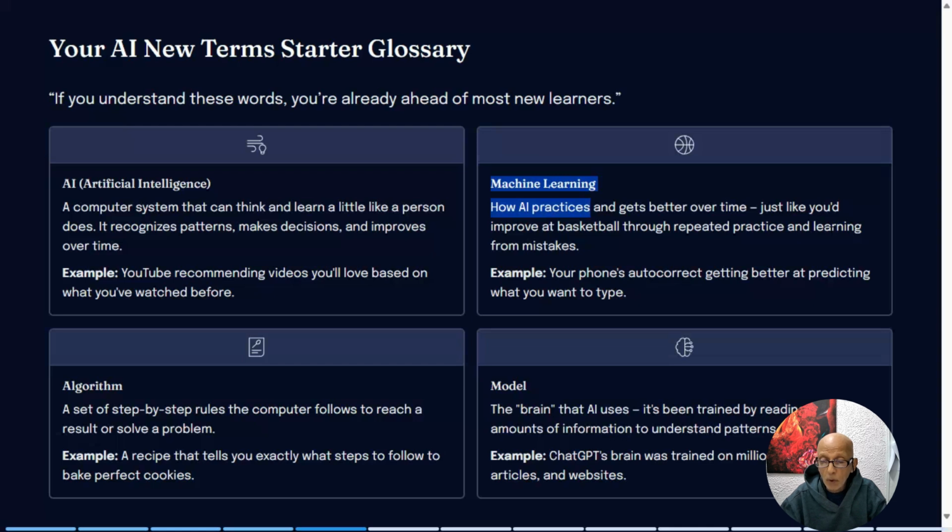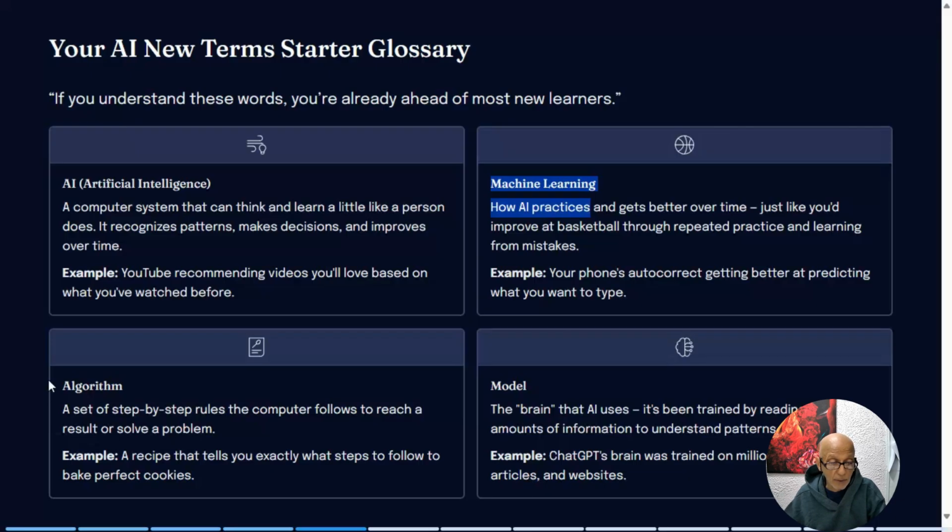So machine learning is nothing more than AI getting better over time, just like you did in basketball through repeated practice and learning from mistakes. For example, your phone's autocorrect getting better at predicting what you want to type.